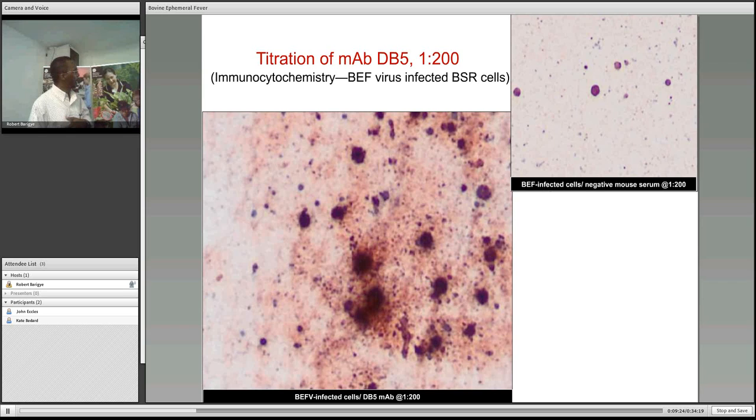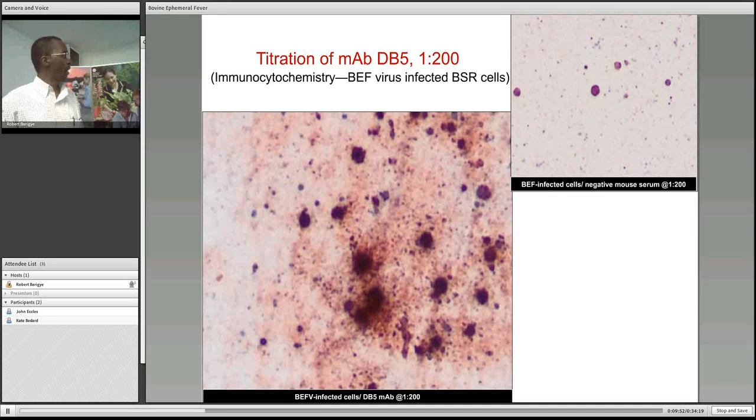What you see here, these are just cells, but you can see a granular appearance. Compared to these, which are the same cells probed with just mouse serum that doesn't have the specific antibody against the viral protein. And what we can see is just antigen, viral protein reacting this way. This was beautiful. Now, after getting this result, you need to get a working dilution for your antibody